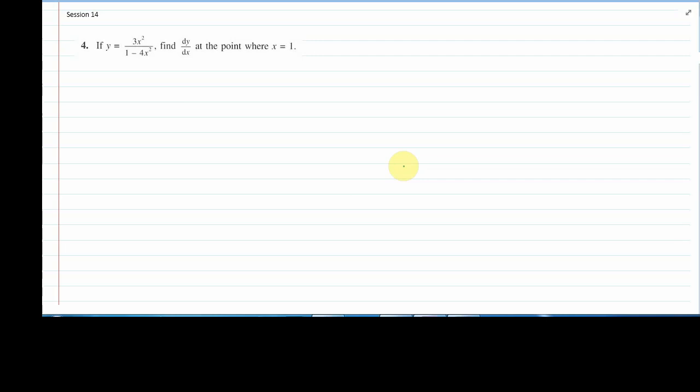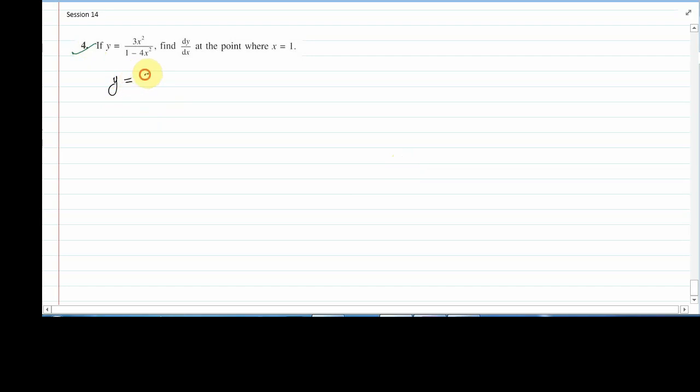Alright class, it's session number 14 and week number 13. In the last class we were discussing the quotient rule, u upon v, how to differentiate a function when they are in dividing form. In today's class we are going to continue from question number 4, and the question says that